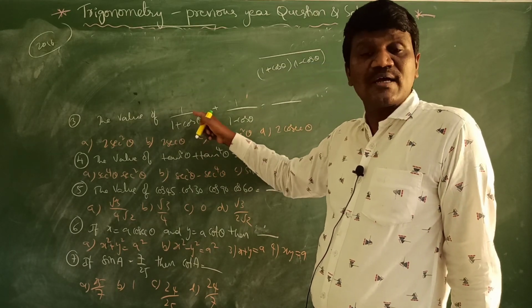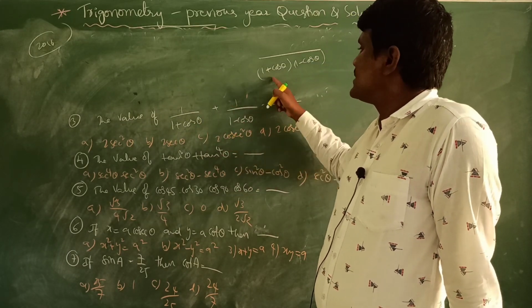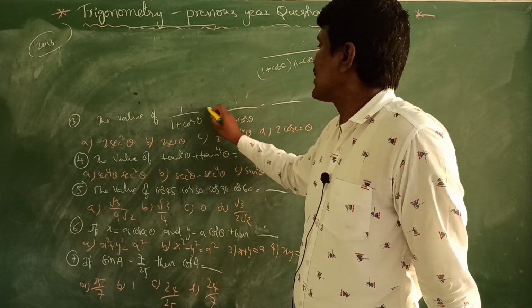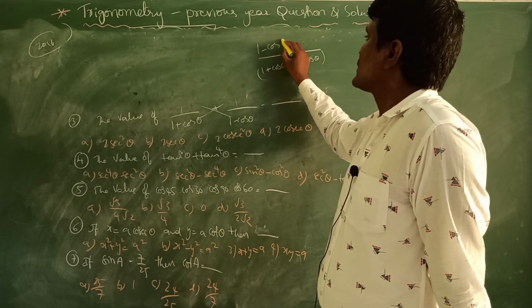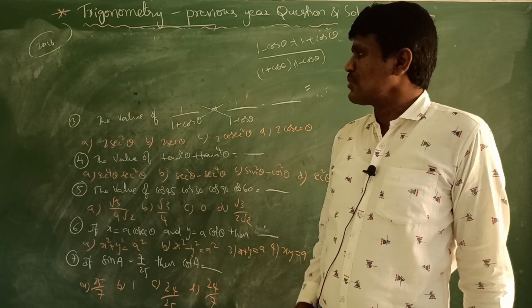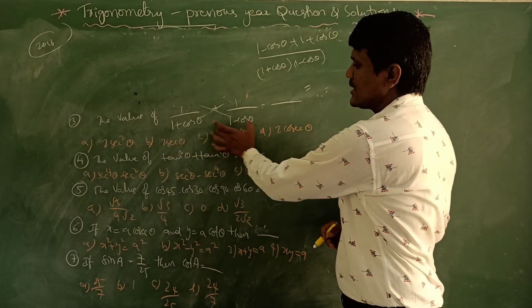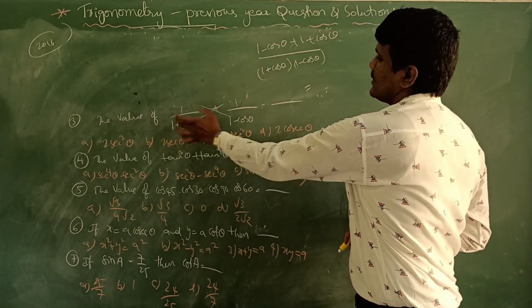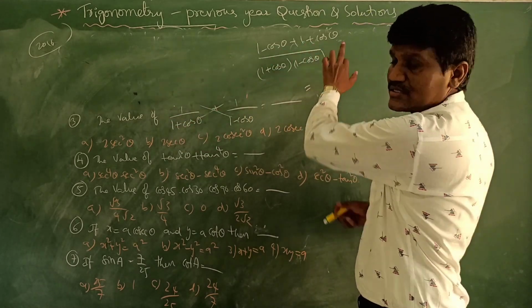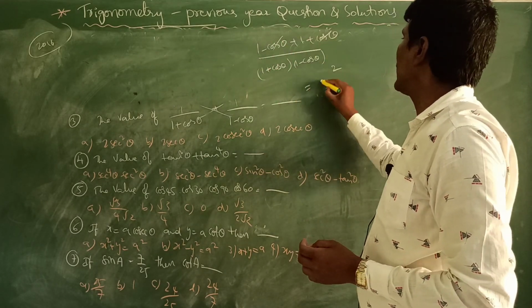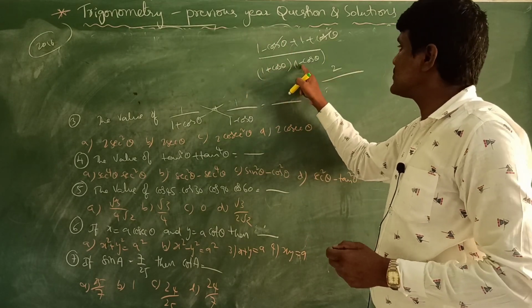Whenever you find a problem like this, you take the LCM, that is 1 plus cos theta into 1 minus cos theta. Then cross multiplying, this will be 1 minus cos theta plus 1 plus cos theta. So first the LCM is 1 plus cos theta into 1 minus cos theta. Then in the numerator 1 minus cos theta and 1 plus cos theta. So you can cancel cos theta and cos theta. So 1 plus 1 is 2, by, in the denominator, a plus b into a minus b.